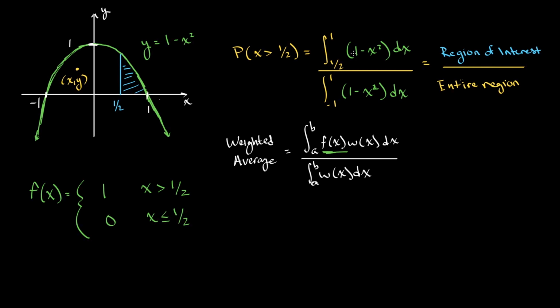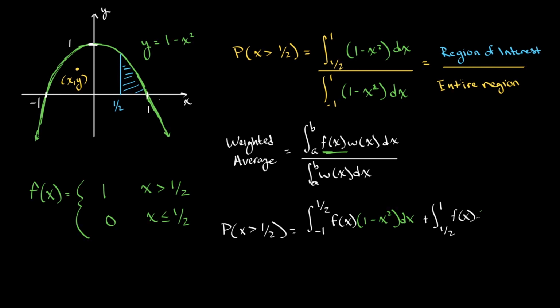So now what we can do is rewrite our probability calculation to make it look more like a weighted average in the way that we first learned it. So we can say that the probability that x is greater than 1/2 is going to be equal to the definite integral from -1 to 1/2 of f of x, and then we keep what we have over here. This is our weighting function, 1 minus x squared, dx, and then we add onto this another definite integral, from 1/2 to 1 of f of x, and then we still have 1 minus x squared